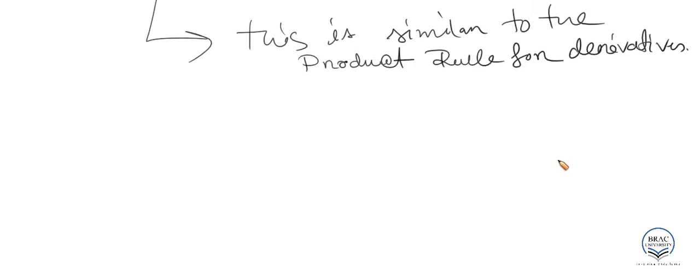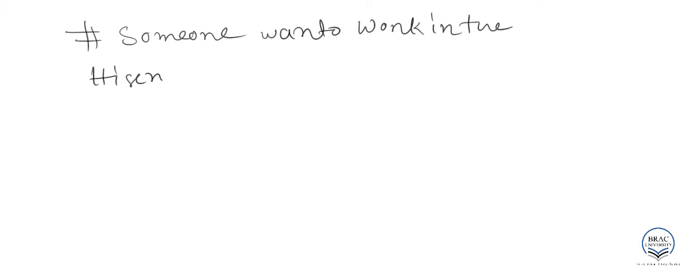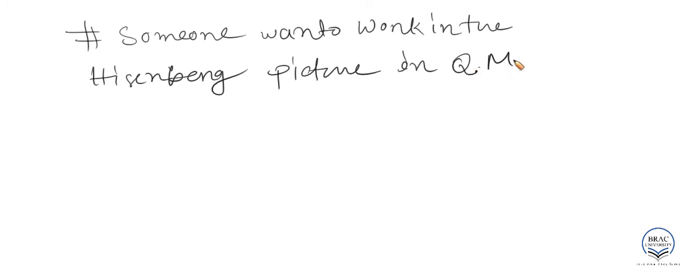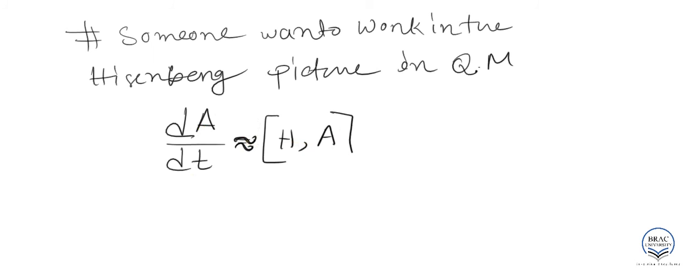In fact, when someone wants to work in the Heisenberg picture in quantum mechanics, one can see that if this is an operator A, the rate of change of A with respect to time is equivalent or similar to, the reason I'm saying similar is because there might be an h-bar and an i, but I'm just ignoring this for now, the commutator of A with the Hamiltonian. So this H corresponds to something called a Hamiltonian